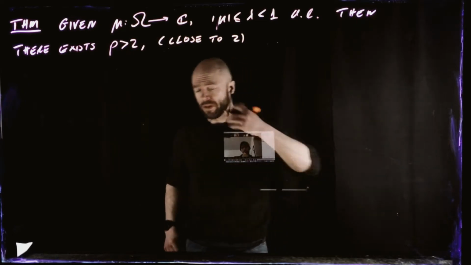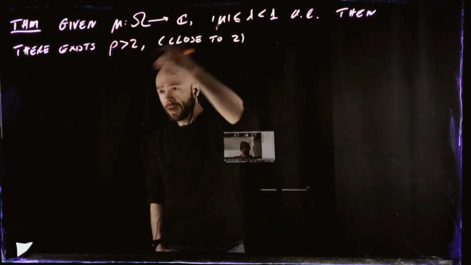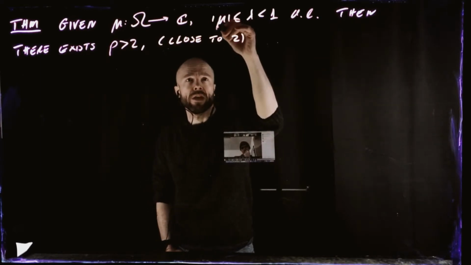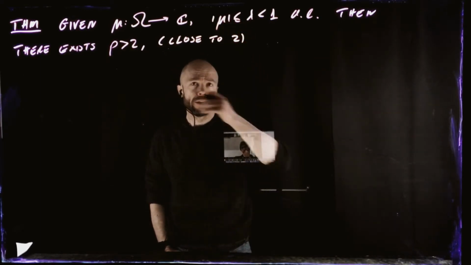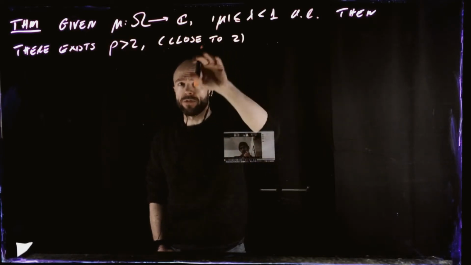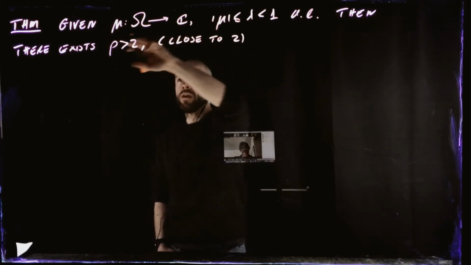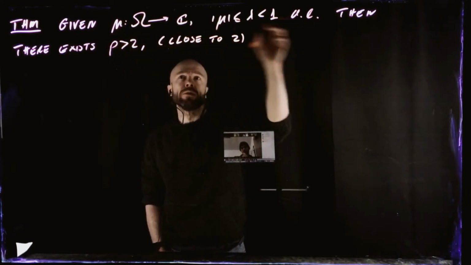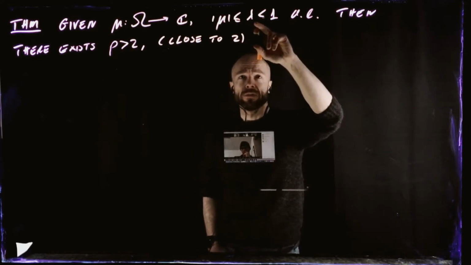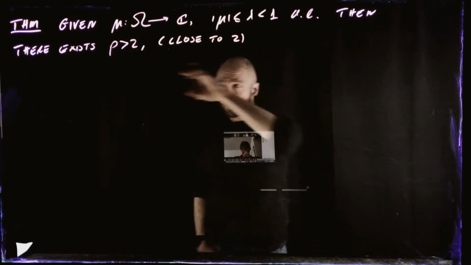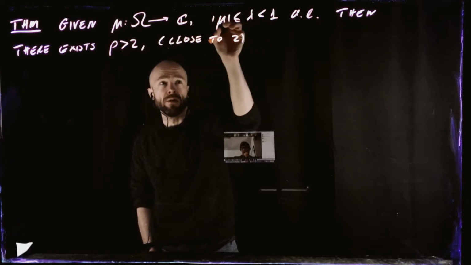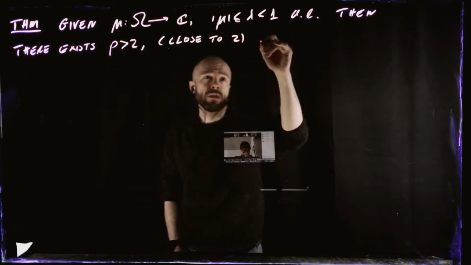So this is the theorem that we were starting to talk about at the end of yesterday, the end of Wednesday. I'm going to state it in a less sloppy way this time. Thank you to Josh for discussion at the end about this. So, given mu into the complex numbers, whose absolute value is less than lambda, which is less than 1 almost everywhere, there exists some p bigger than 2, but close to 2, depending on this number lambda here, such that